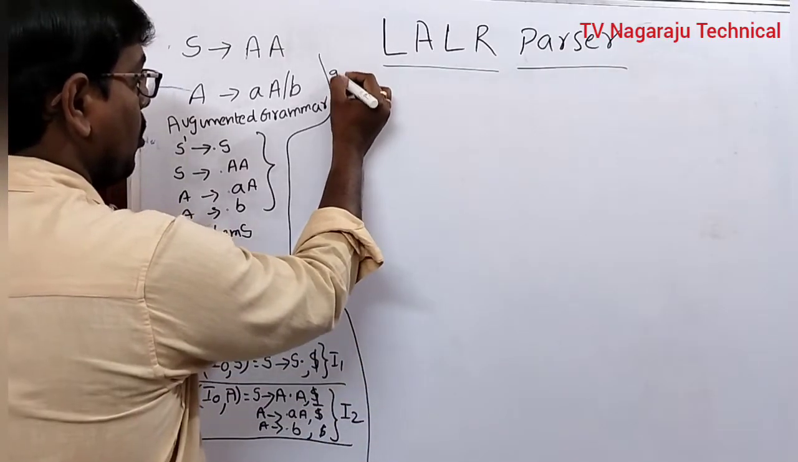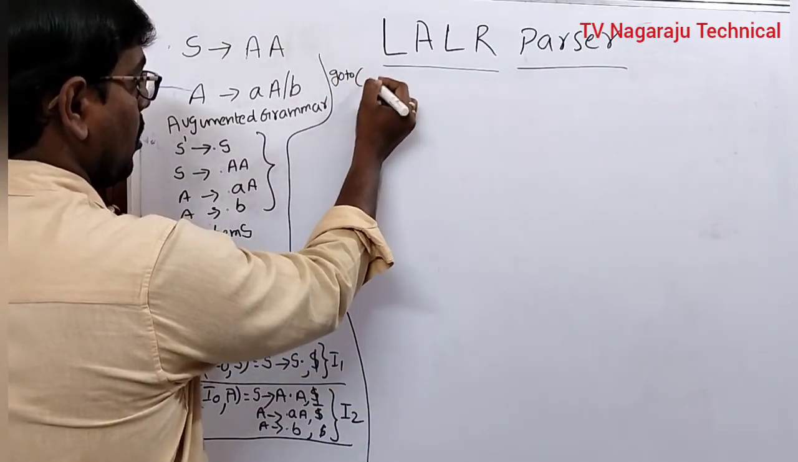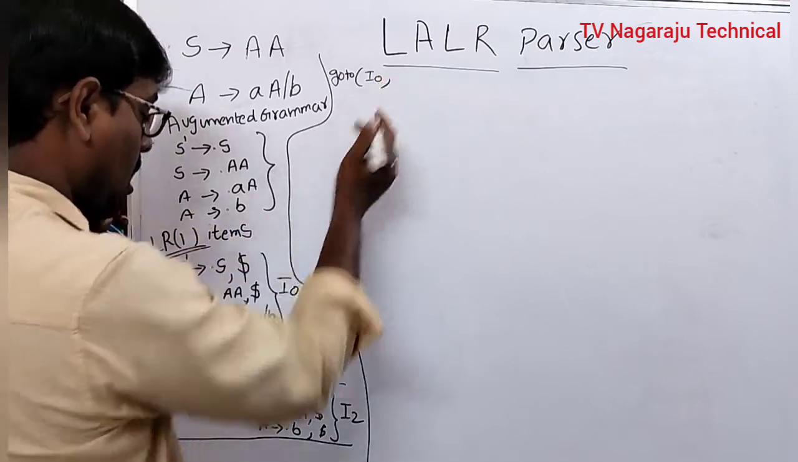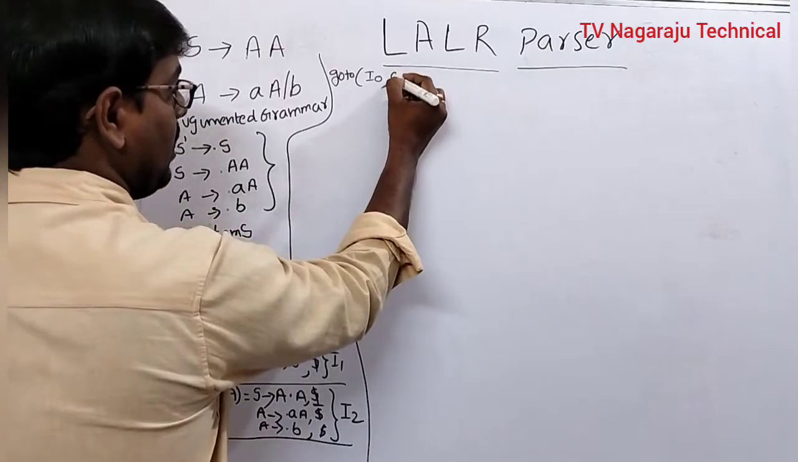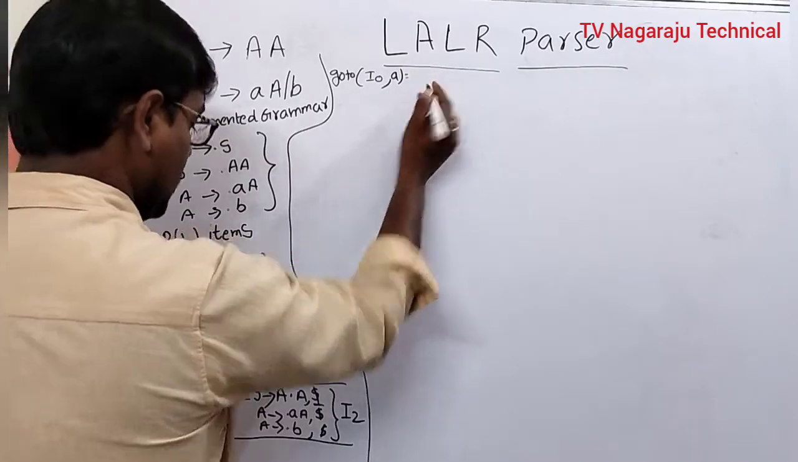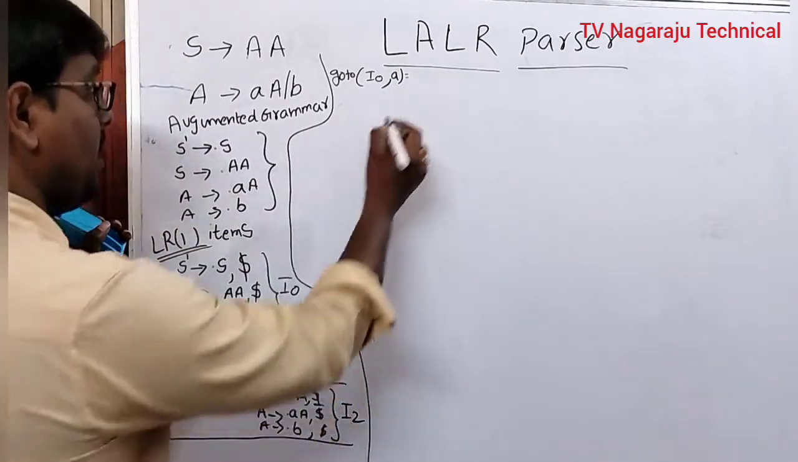Next, go to I0 on small a. So this one is completed: I0 on small a. Simply, what is the production? A tends to